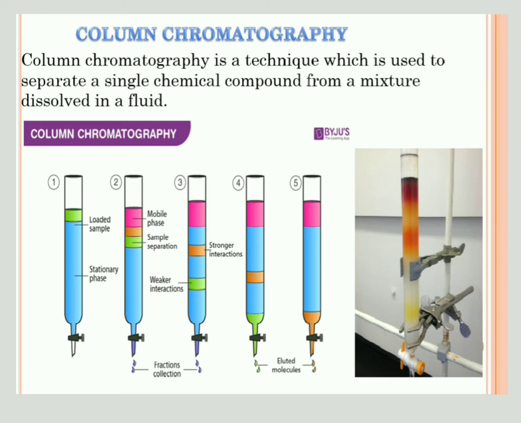So what I wanted to say is, column chromatography is a technique in which the component in the mixture which has more affinity towards the stationary phase will adsorb to the stationary phase, and the other which has no interaction with the stationary phase will move faster and will be collected first in the test tube. Means the component which has more affinity towards the solvent phase will elute faster and first.